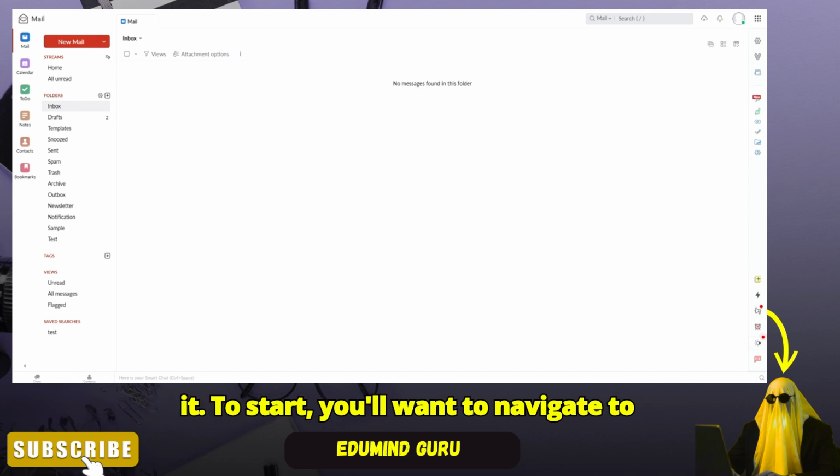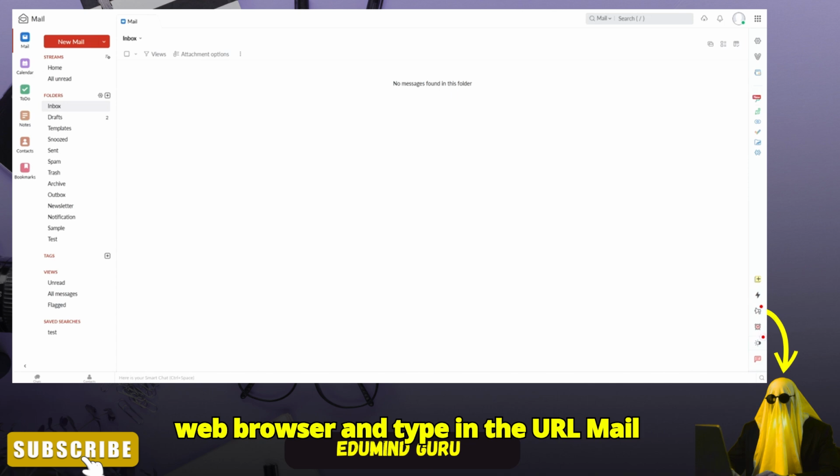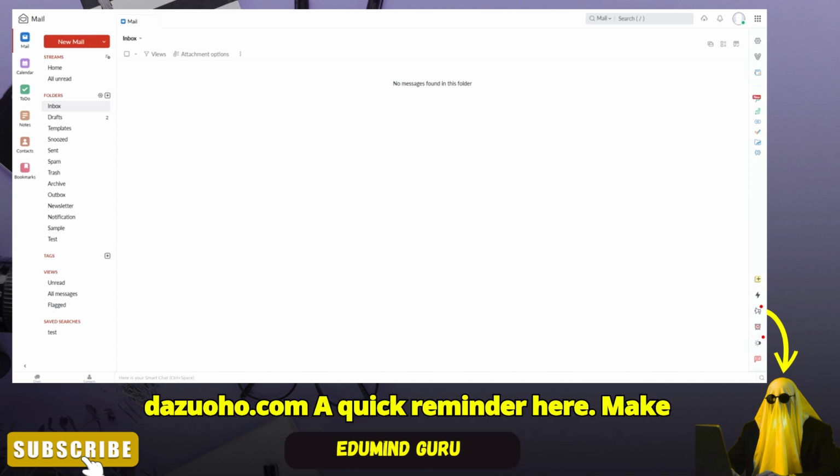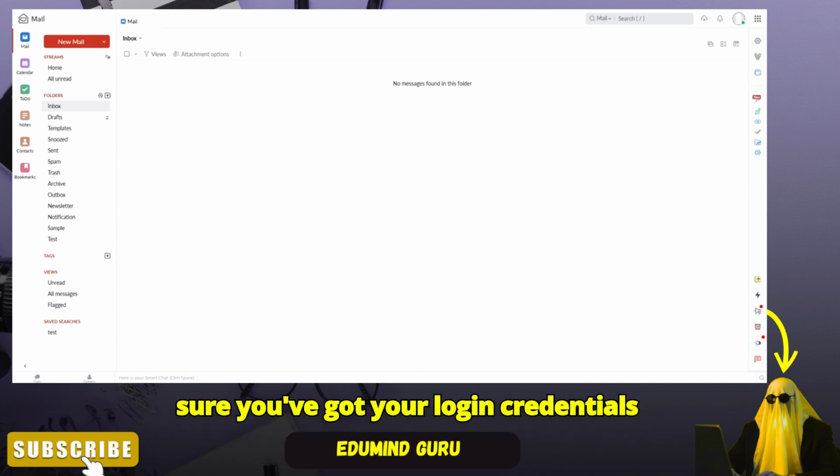To start, you'll want to navigate to your Zoho Mail account. Simply open your web browser and type in the URL mail.zoho.com. A quick reminder here, make sure you've got your login credentials handy, as you'll need them to access your